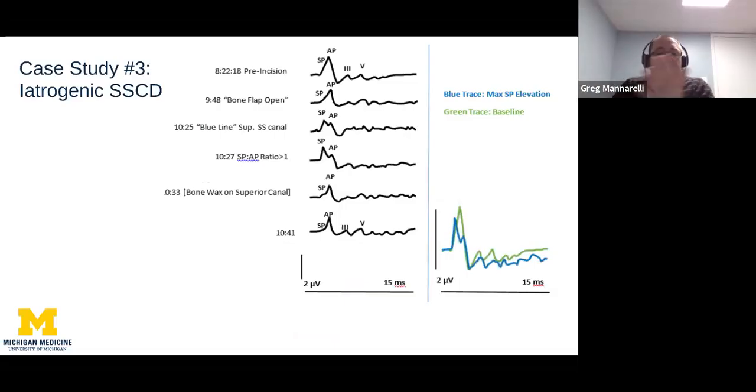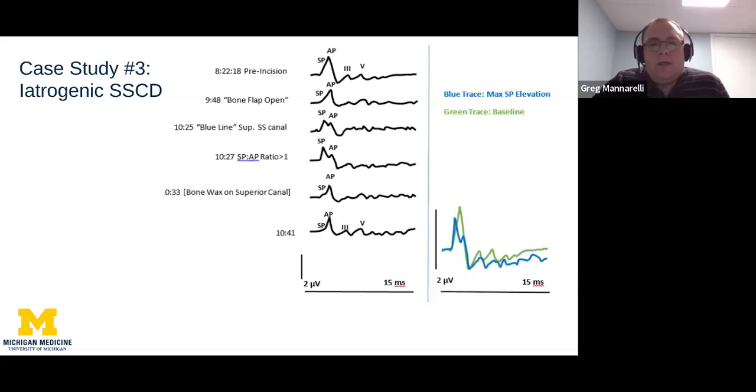And so this is going to be a very quick one, but my last case study here is going to be another potential application of SP, the ECOG, in looking for SP-AP changes. This was actually on a middle cranial fossa. These are some tracings we took from a middle cranial fossa resection of a vestibular schwannoma in an 18-year-old patient. And during this case,